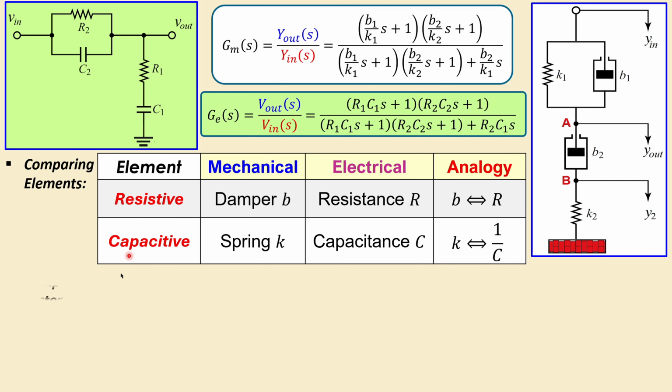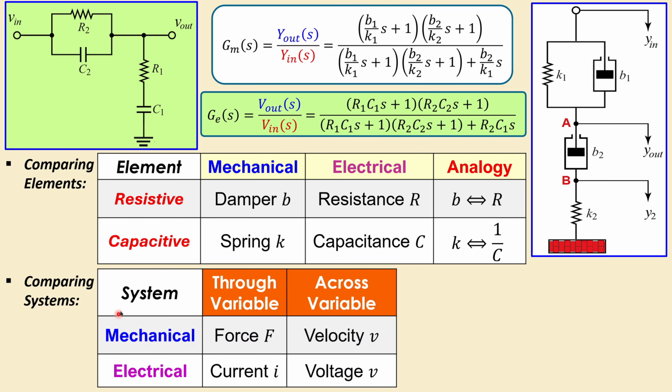Why? That's also the next discussion, because comparing the mechanical and electric systems, we have through and across variables. What does it mean? If I apply a force here, that force is the same for K1 and K2, and it's exactly the same force applied to these two elements. The force here and the force here is different, but the force for these two elements is exactly the same. This is similar to saying the current for the R1 and C1 is exactly the same because it is a series of two elements here. So to compare that easily, I can use the same index, 1 and 1, for